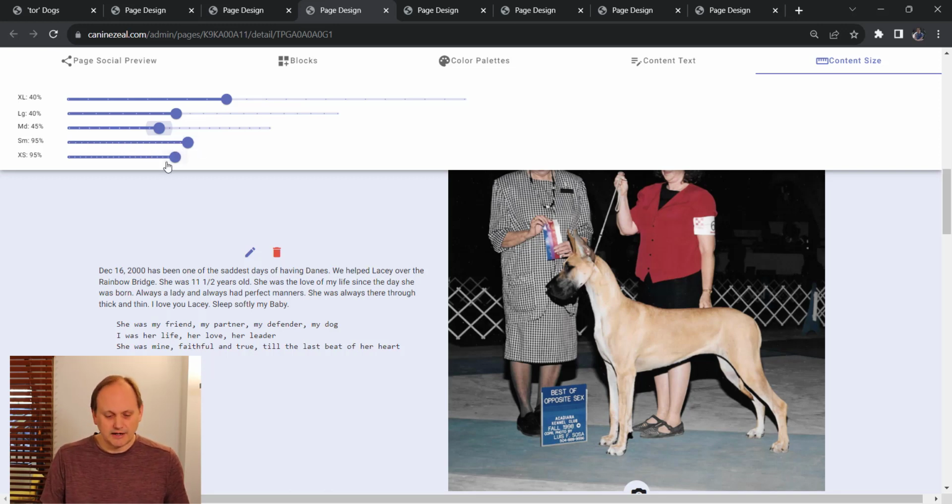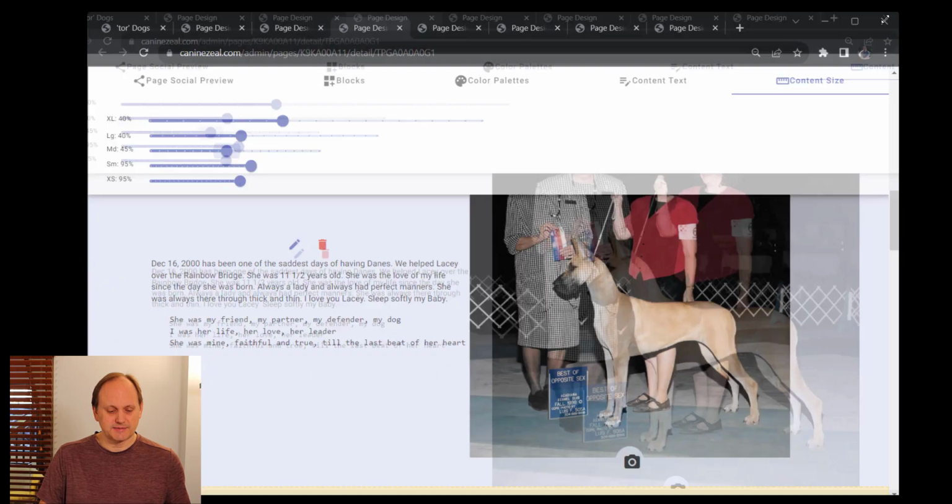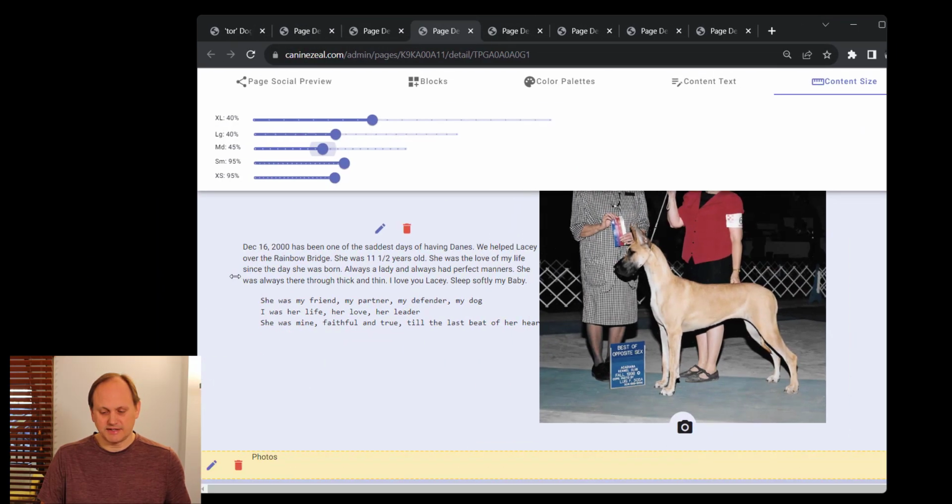So you can say how big you want the content on different sized devices so that no matter what device somebody's looking at your page on, they will see a nice looking page. So notice this one has almost full width for the small size device. So if I resize my browser down, I will actually see,